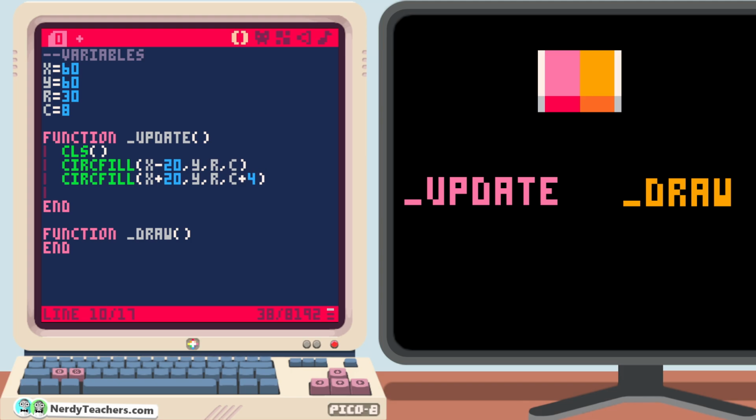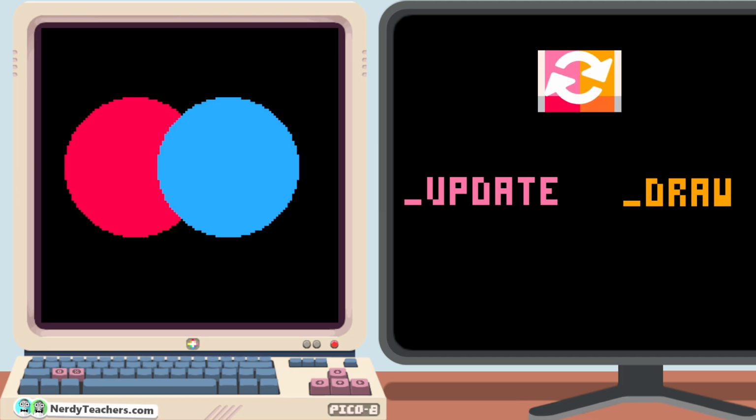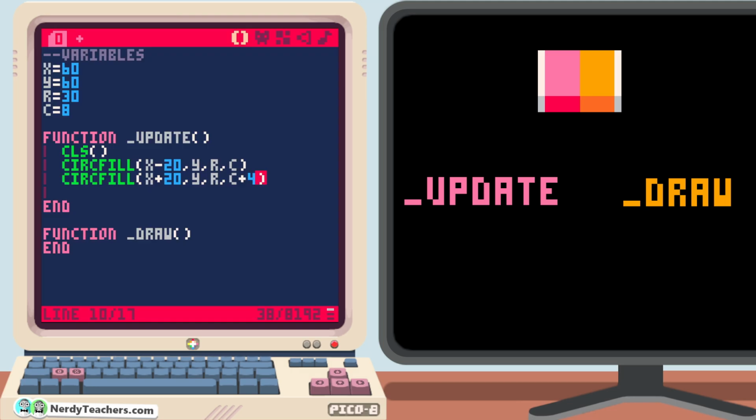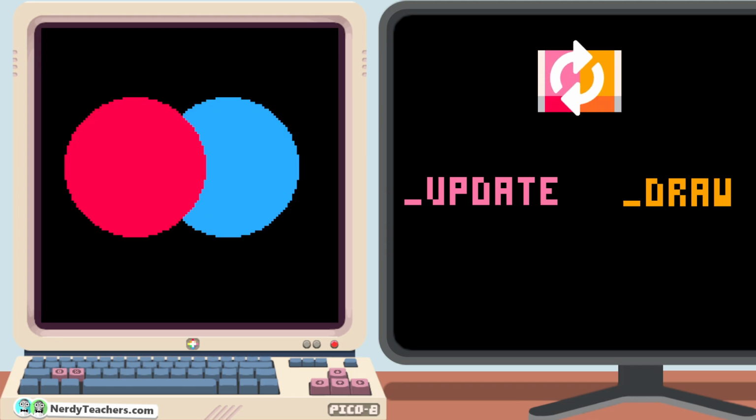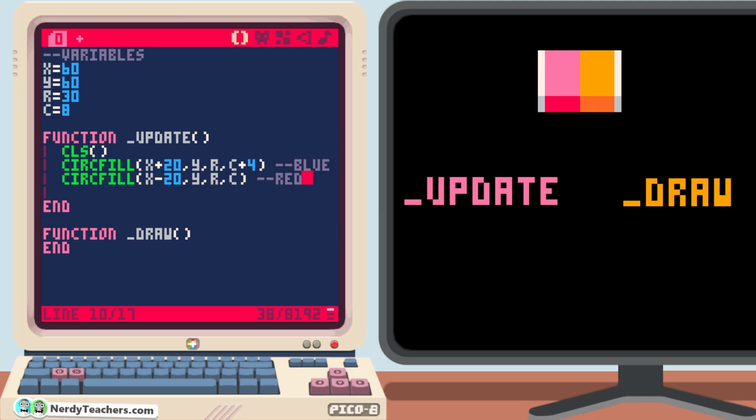Alright, let's see what it looks like. Perfect. 2 circles with a blue one in front of the red. Looking at the code, we can see why. The first circle is the red one, and we can add comments to make it clear. Then we draw the second circle, which is blue. Remember that the draw order is like layers, so moving red down, we can bring it forward and draw it on top. Right, now we can move everything down back into draw, where they should be,